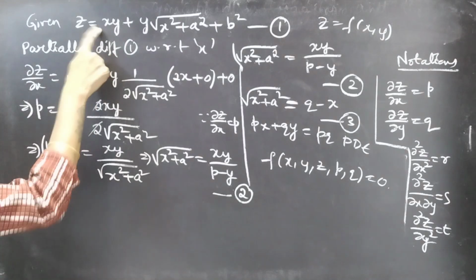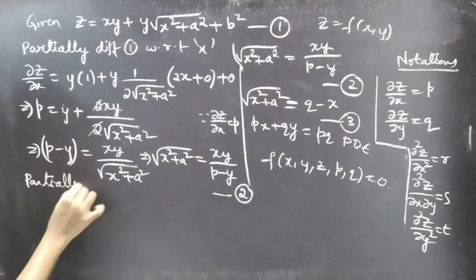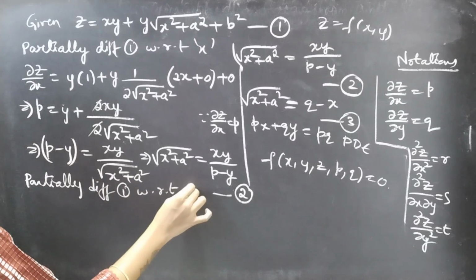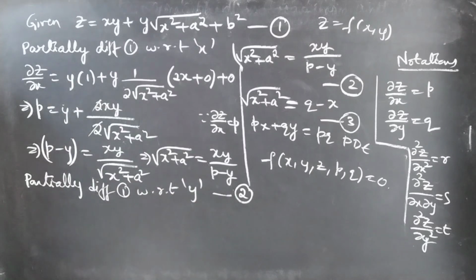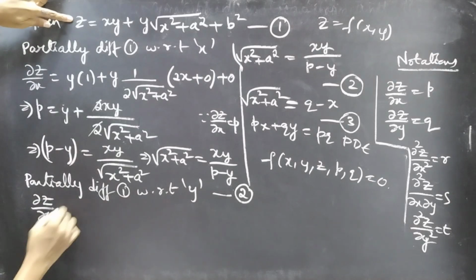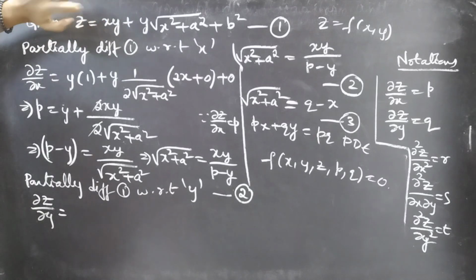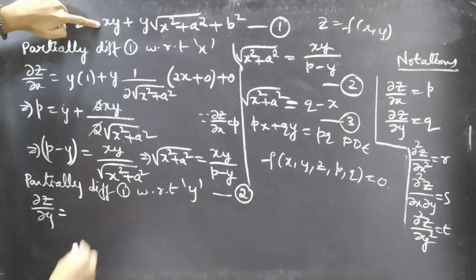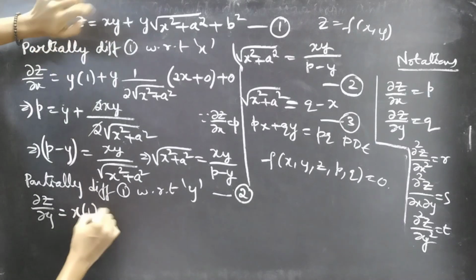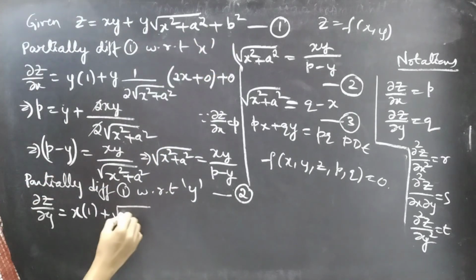Okay, now partially differentiating 1 with respect to y. Since we are differentiating with respect to y, x will be treated as constant here. We'll get dou z by dou y equals, here for x times y we are finding the partial derivative with respect to y, so x is treated as constant, so we'll get x into partial derivative of y with respect to y is 1 plus x square plus square root of x square plus a square is treated as constant. You'll get